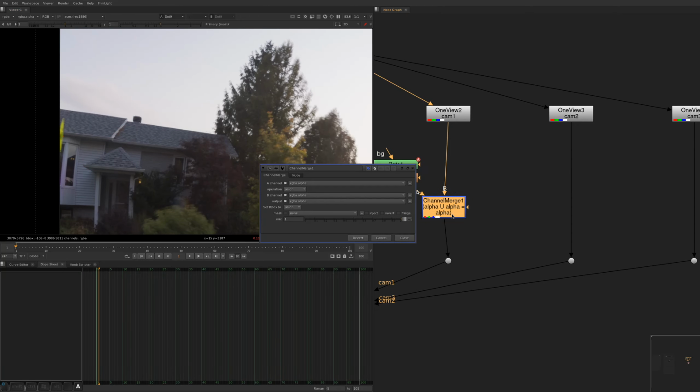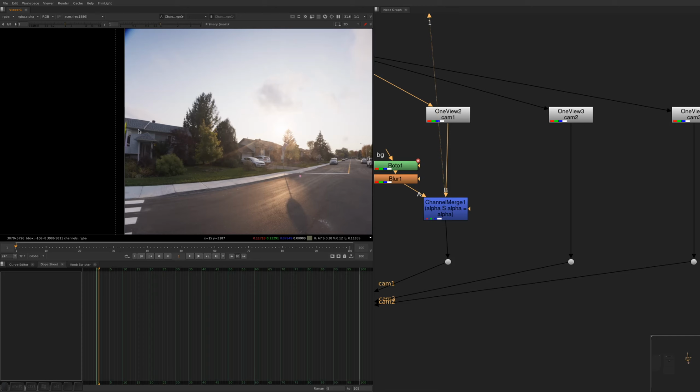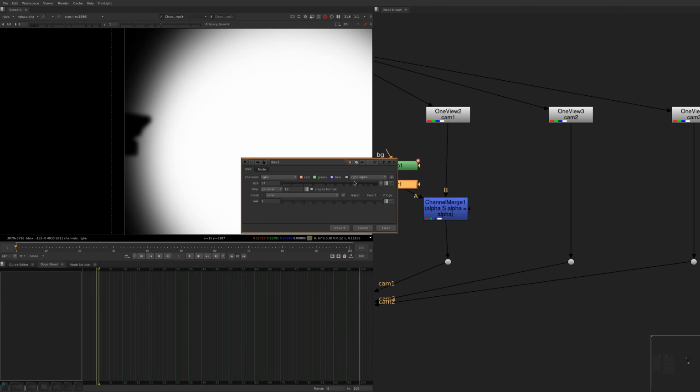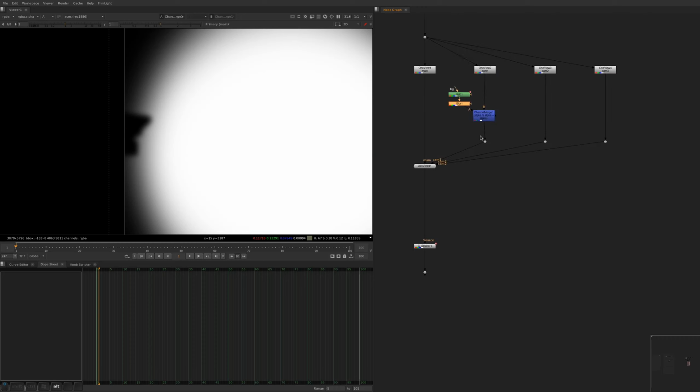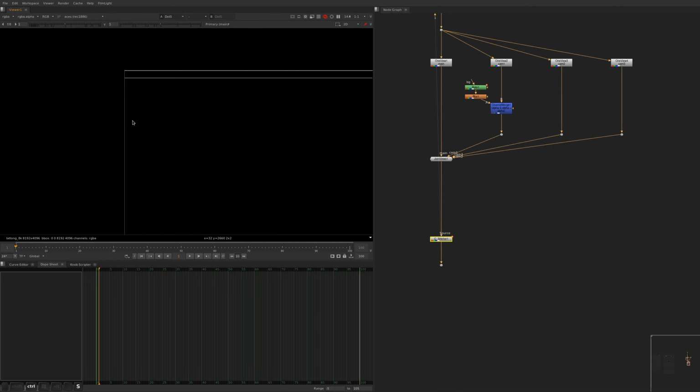And we'll set this to stencil alpha only. So we're doing this a bit differently than we might normally do with a normal stencil, because we only want to remove the alpha channel, not the RGB. Just blur this out a bit more. And you'll see why, because the stitcher uses the alpha to determine what parts of the image it blends together. So if we look at the result now with the stitcher,